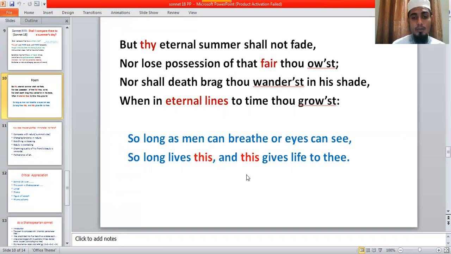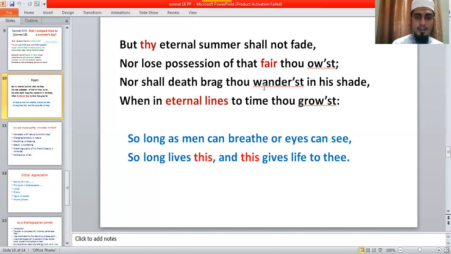Until then, your beauty, the charming quality of yours, will never be destroyed from this world. As I have written the charming quality of you, my friend, in this sonnet, in this poem, in this piece of art, so you become immortal. So in this way, William Shakespeare glorifies